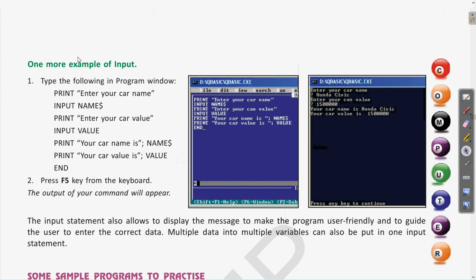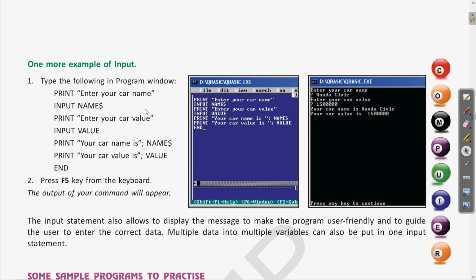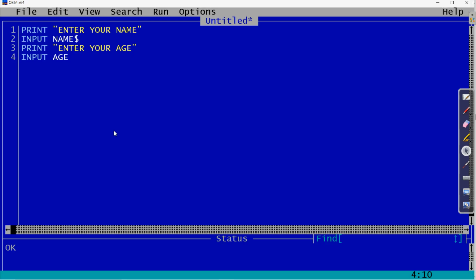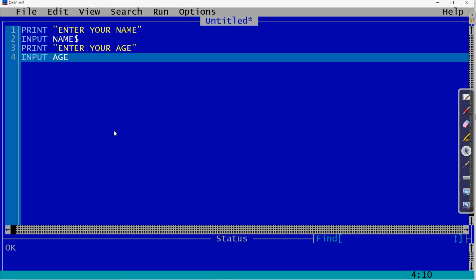If you see in the book also, there were two other things, the car name and the car value. But in this example which we are running, we are taking the name and the age. Okay, now whatever the input we have taken, you can get it printed.